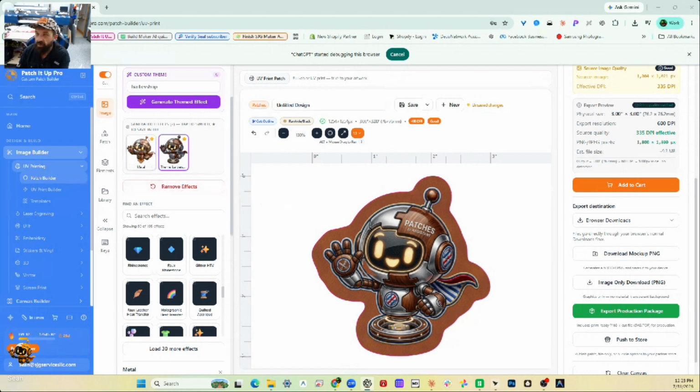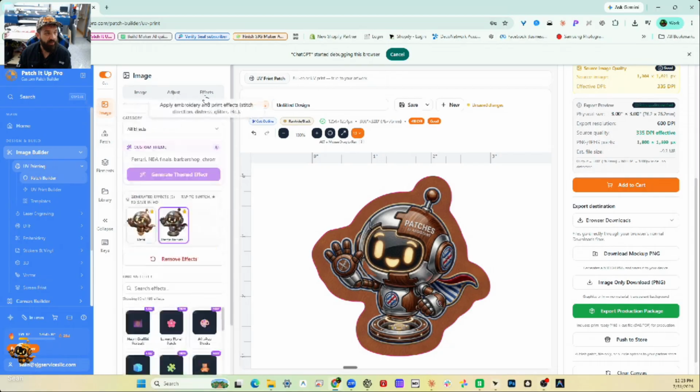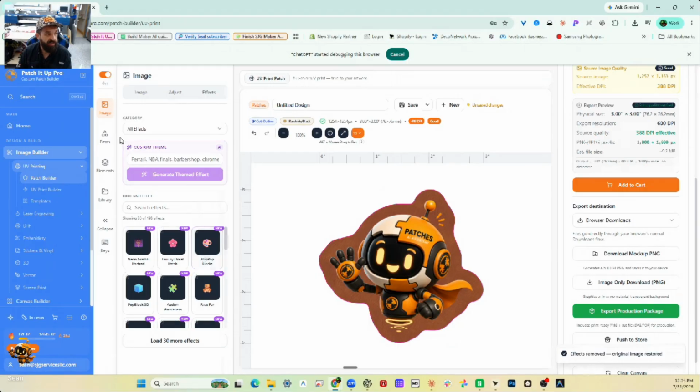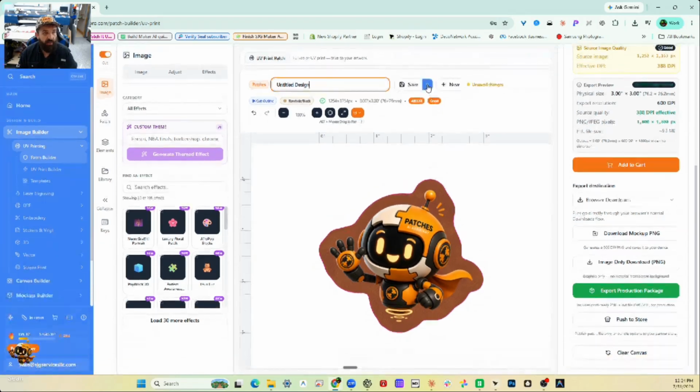So you can put all the effects on here. You can save them and everything. Once you figure out your image and go through it and get what you want, you can also remove the effects. Go back to your original. You save stuff right here. You can name every one. If you changed it, you wanted to rename it, you could put